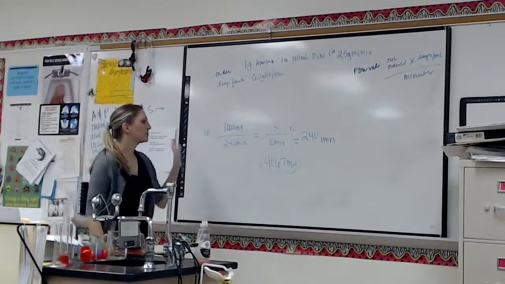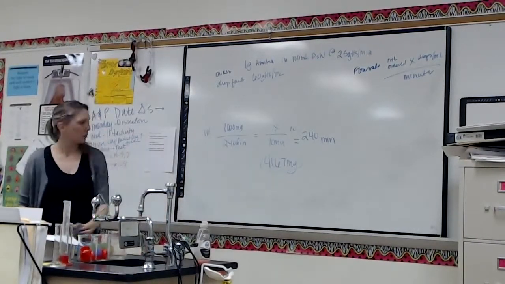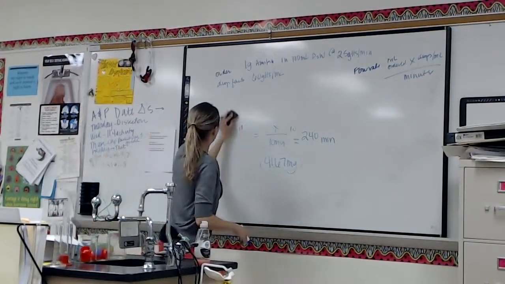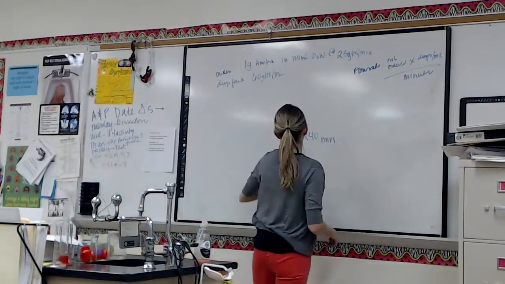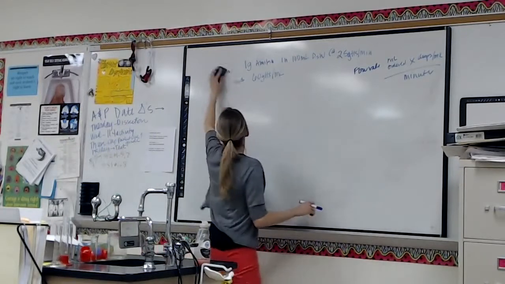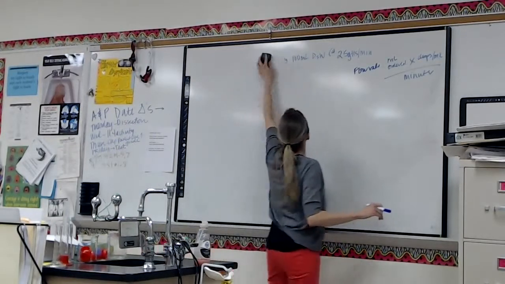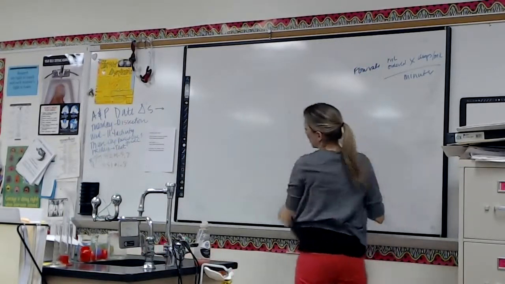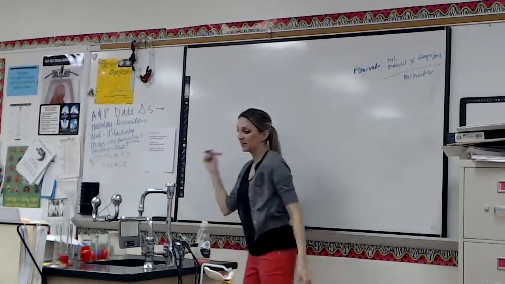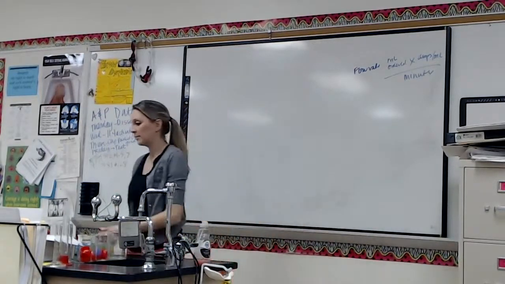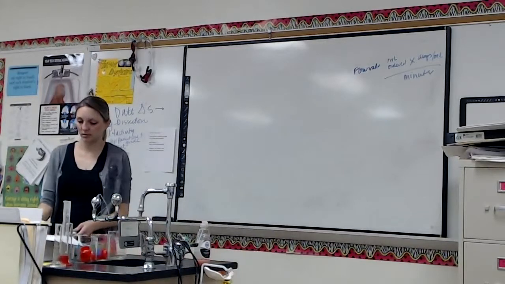So just think it through, what makes sense, and use those to figure this out. This is pretty typical pharmacy, or at least hospital pharmacy. This is very typical nursing, because sometimes this is just